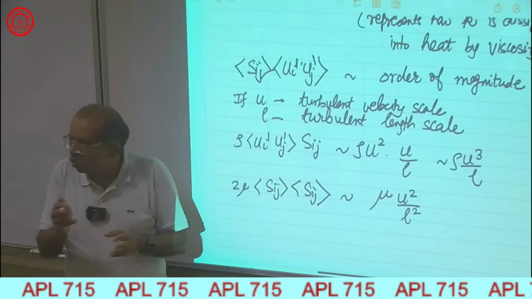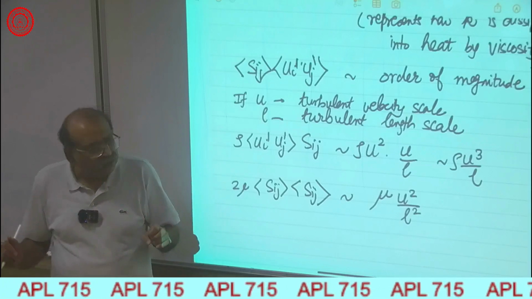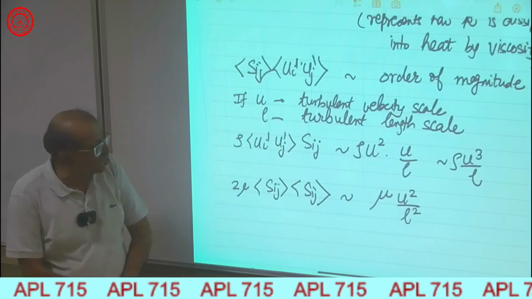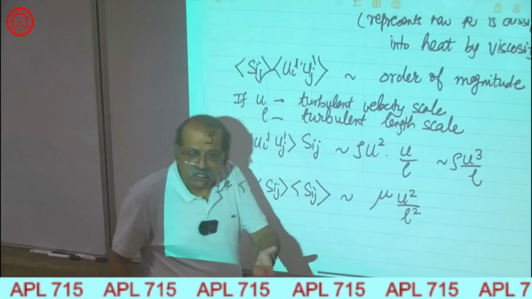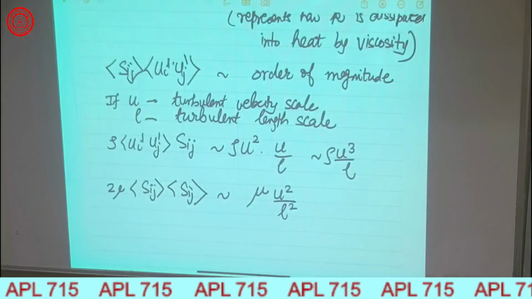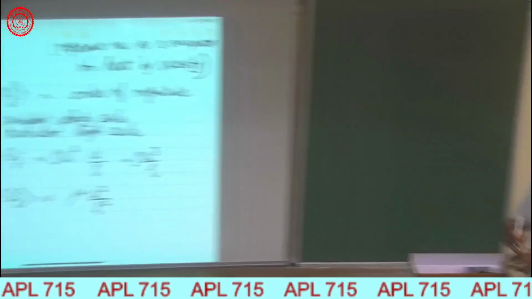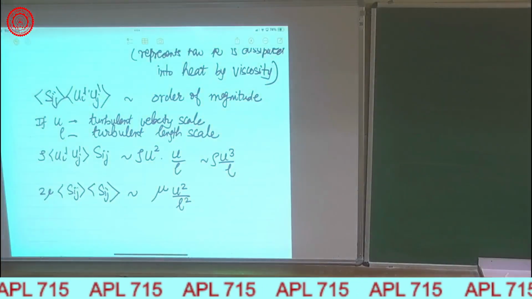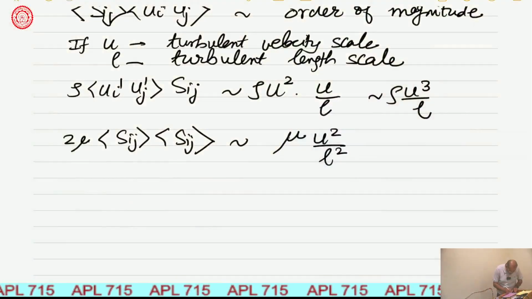I have ignored the factor 2; it is of order 1. Now when you look at the ratio of these two, and again this is what we have seen probably in your homework, which you have submitted to me and which we will discuss tomorrow, at least how to do this. So the ratio of these two terms,